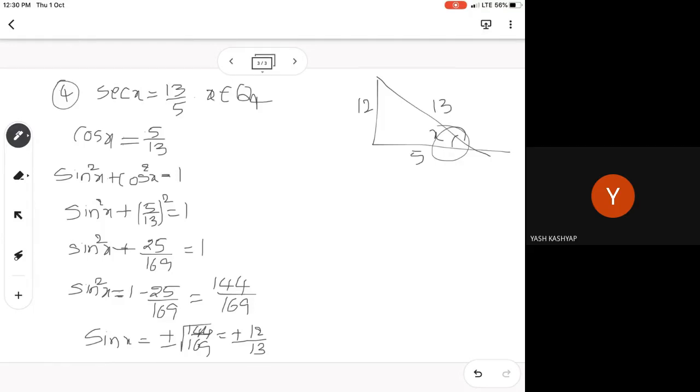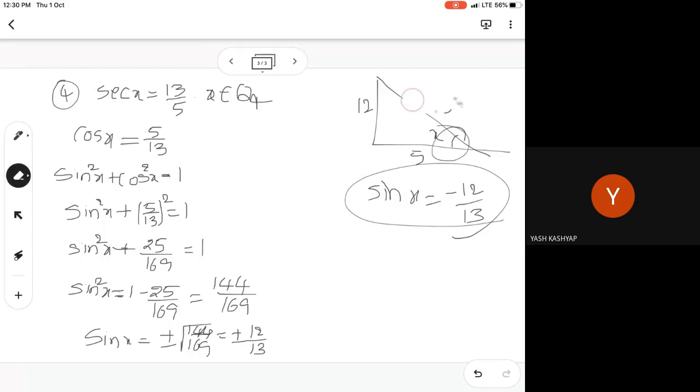After getting the values from this, you can find out the sin x. Okay, sin x is equals to what you get? Opposite by hypotenuse, 12 by 13. But sin is negative, so that's why minus 12 by 13 I will write, sir. Yes, you can write it. Obviously, you can also think it this way. But when you write the solution in the paper, when this type of question is asked, it is not wrong. Suppose an objective type of question you get, you write it in rough, then you can do it. It's not that much wrong if you are doing it this way.